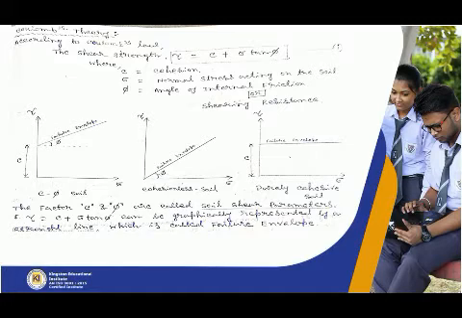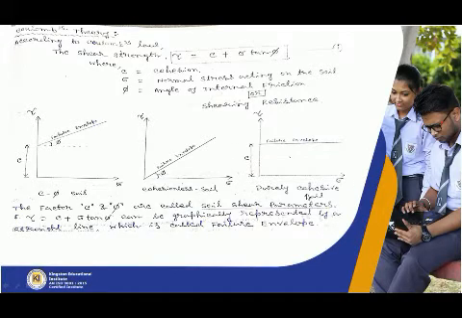Okay, clear? And now when we consider cohesionless soil, the C equals 0. Then the starting point is the origin. In the C-phi soil, C and phi are both present, so C has some value. For cohesionless soil, C is 0, so it starts from the origin, and phi is the angle of internal friction; this is the failure envelope.